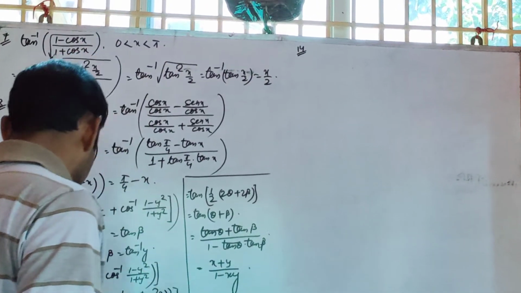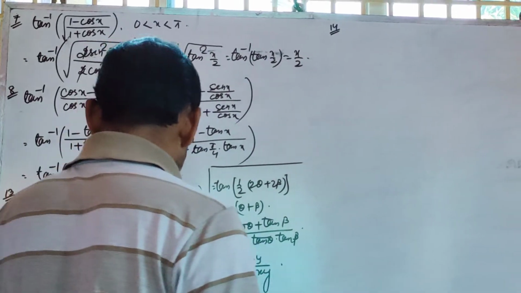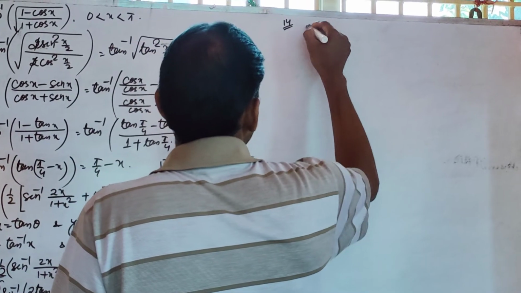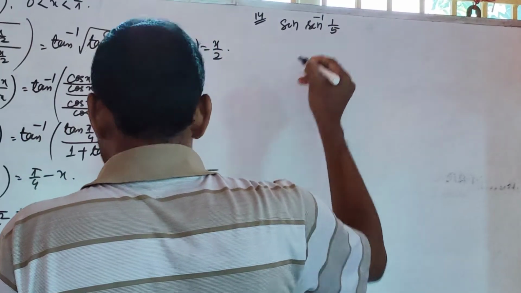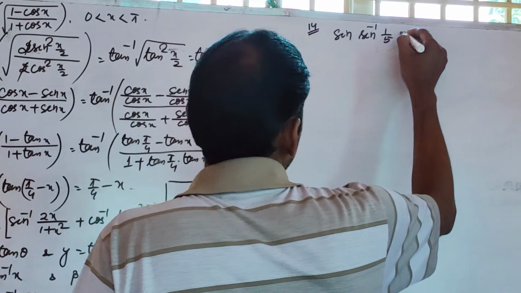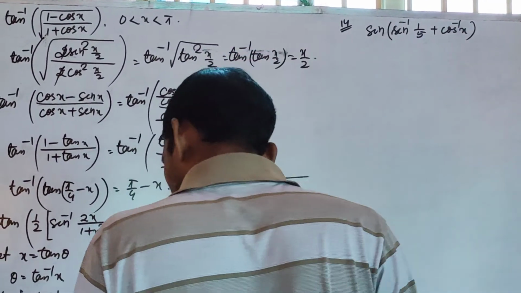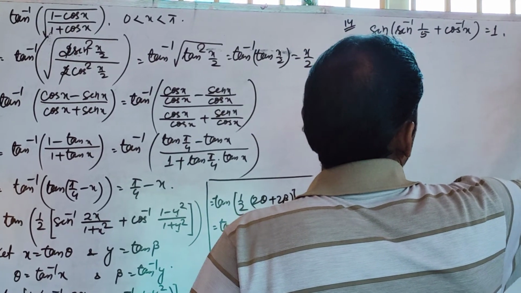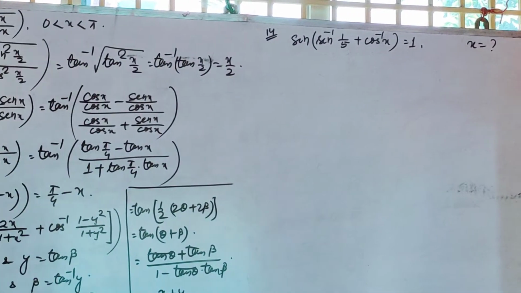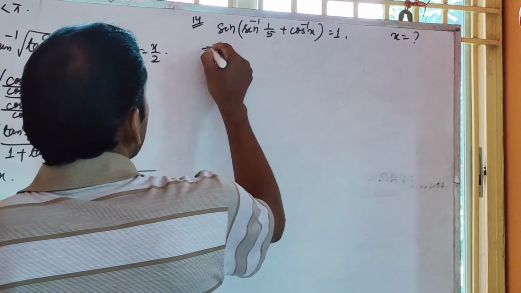Question number 14: if sin of sin inverse 1 by 5 plus cos inverse x is equal to 1, then find the value of x. The answer is x equal to half. This is a request. So here you can write